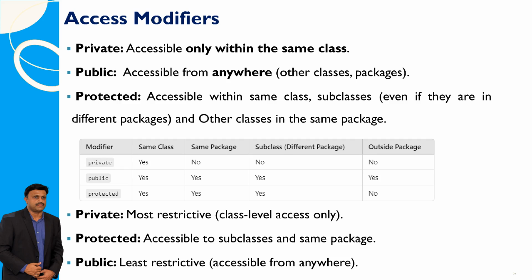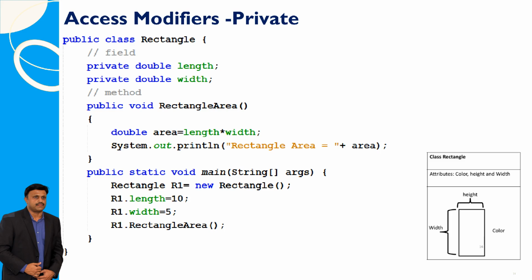Access modifiers in Java control the visibility of class members: private, most restrictive, accessible only within the same class; protected, accessible within the same class, subclasses, even across packages, and other classes in the same package; public, least restrictive, accessible from anywhere. In the Rectangle class, the length and width fields are private, meaning they cannot be accessed directly from